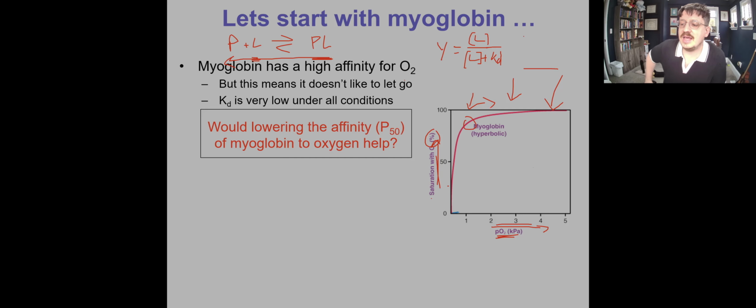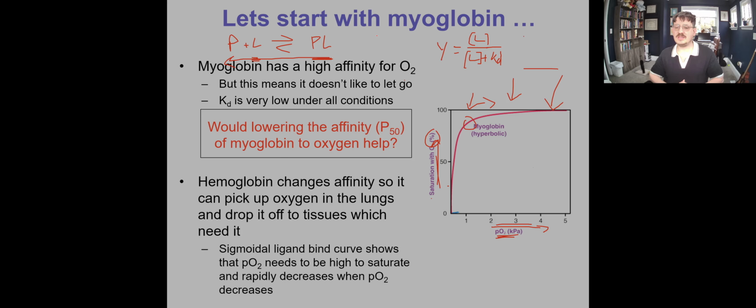The affinity is very high for myoglobin. Well, what if you had a system where the affinity can change? And the affinity is high in the lungs and low in the tissues. That means it's going to form the complex very readily in the lungs, but the complex is going to break very easily in the tissues. When the complex breaks, that's delivering the oxygen. And that's what hemoglobin does. It changes affinity, so it can pick up an oxygen in the lungs